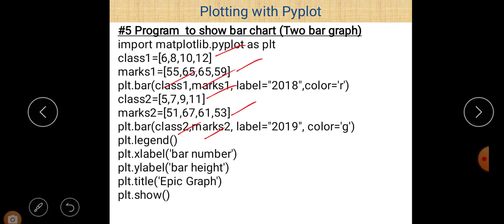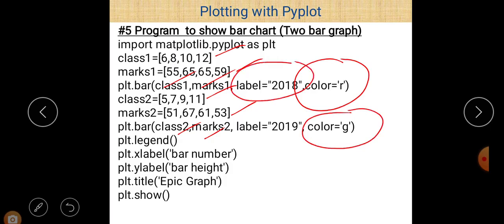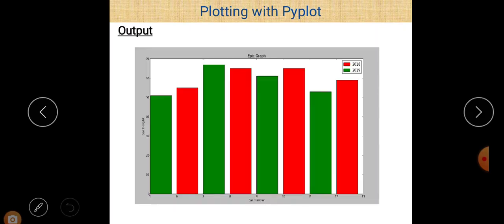So two different bar charts are here. First is of red color and second is of green color. Label of the first is 2018, label of the second is 2019, and the next x label, y label, and title are the same for these two. You can easily see here.